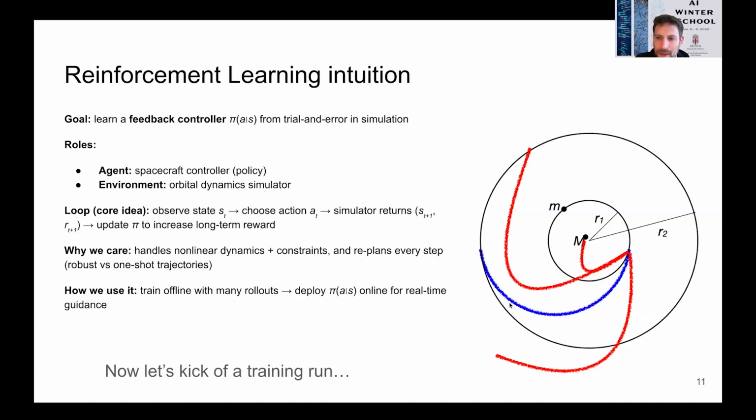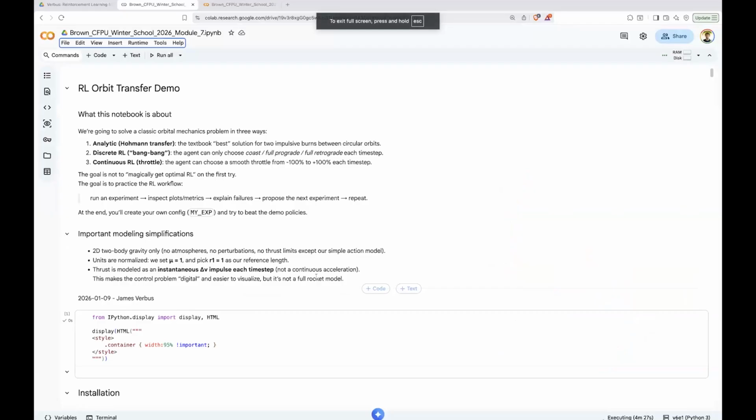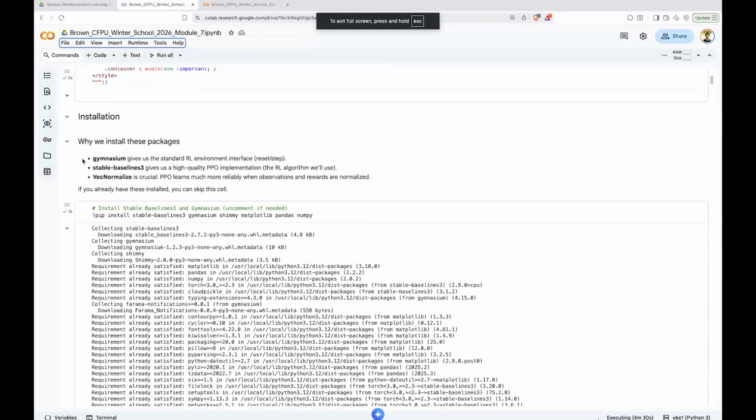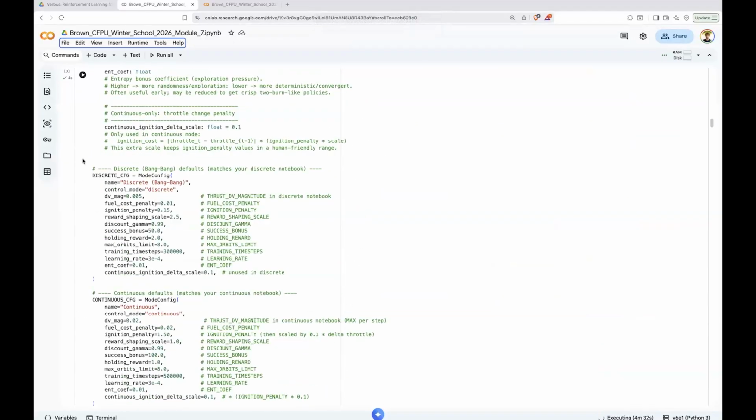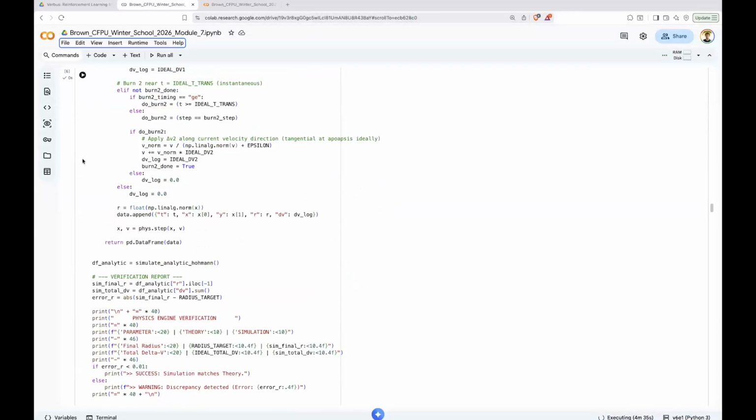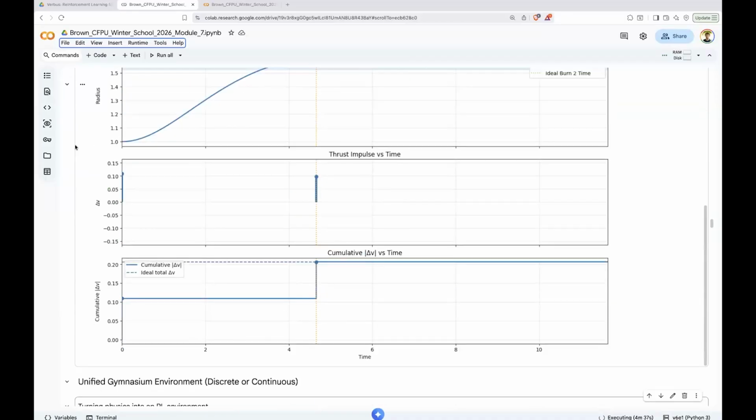Okay, so we already kicked off the training, but we can quickly check in and see how it's going and make sure that everyone's training run is going well. So I'm going to switch screens over just to take a look at that. Just a reminder for those of you who joined a little bit late, go to the Google Drive that's in the shared drives. You should all have access to it. Make a copy of the notebook that's in the module, the one that doesn't say example,